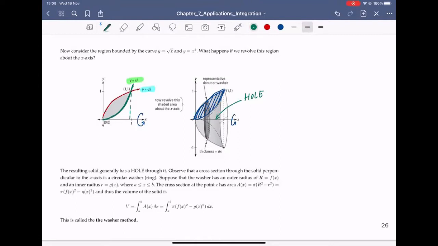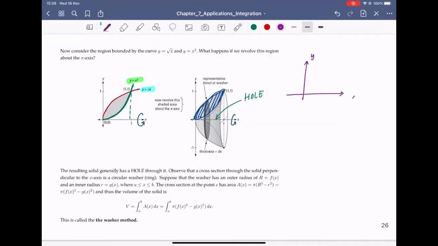So what we can do for this case is compute the volume of the solid for the big one, and then compute the volume of the solid of the small one, and then we subtract one from the other, and that will give us what we want. So the idea is we're going to define something called inner radius and outer radius. So when we have the hole inside the solid, we're going to start by, hey, so this is the